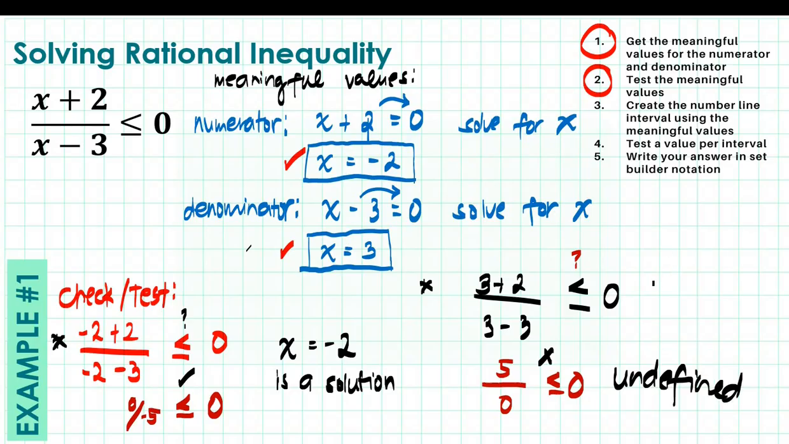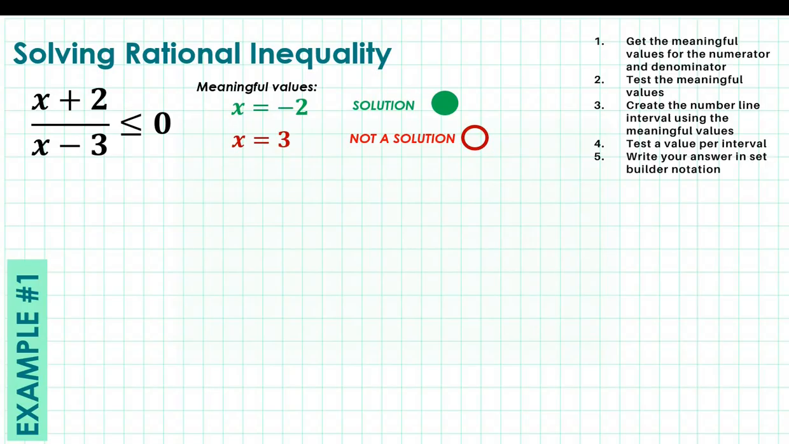And so, what will be our conclusion? X equals 3 is not a solution. So that's how you perform steps 1 and 2. Now that we were able to obtain the meaningful values in step 2 and check which among them is a solution or not, we now proceed to step 3, where we create the number line intervals using